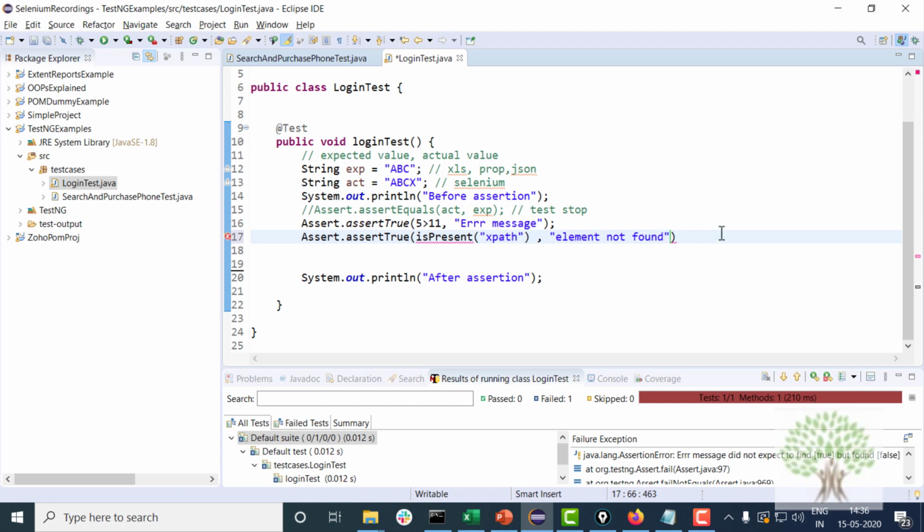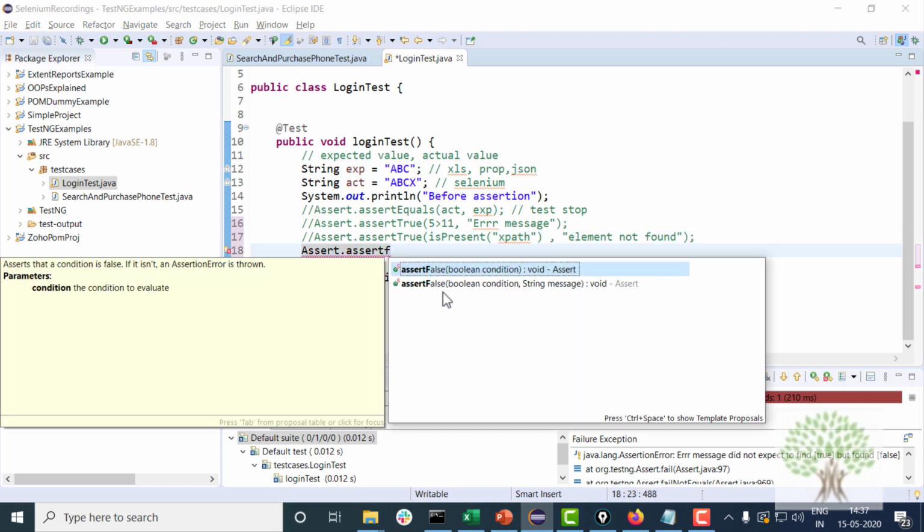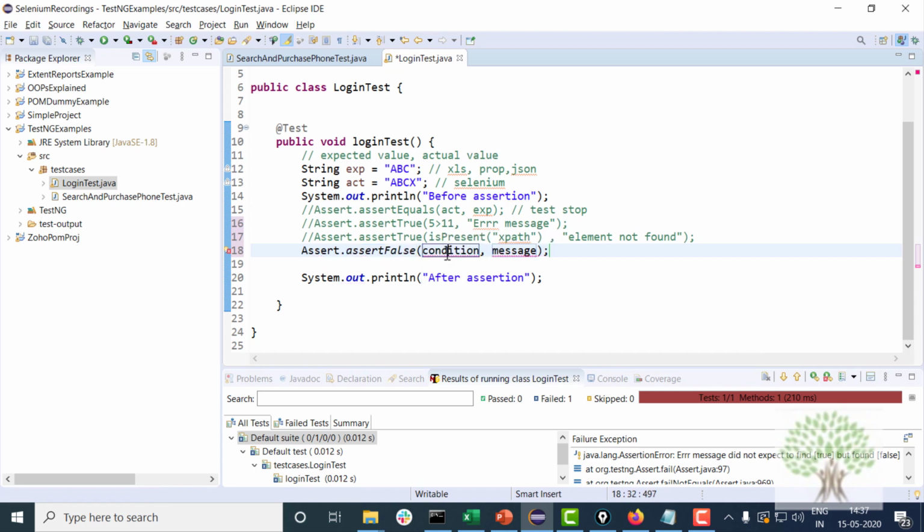Okay, right, so remember this function, you can call this. If it returns you false, then you can throw this error. So this is how you can use assert true. Moreover, there is the opposite as well for this function, that is assert false. This makes sure that the condition is evaluated to false, the opposite, and then it will pass. If the condition is true, then it will fail the test case. So assert false is the opposite of assert true.